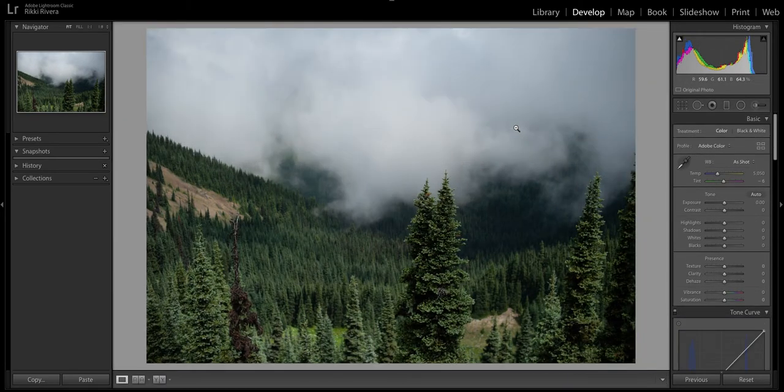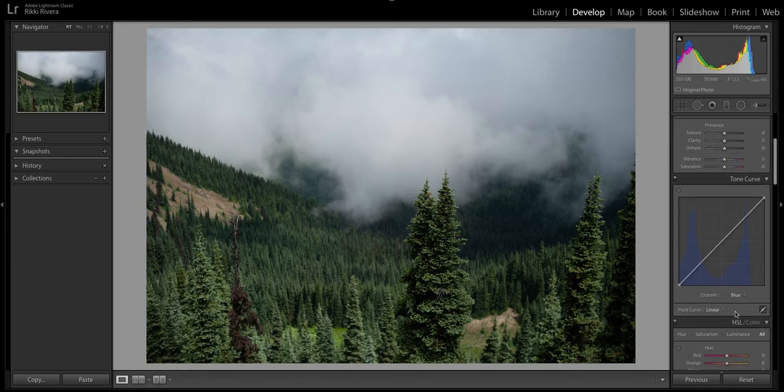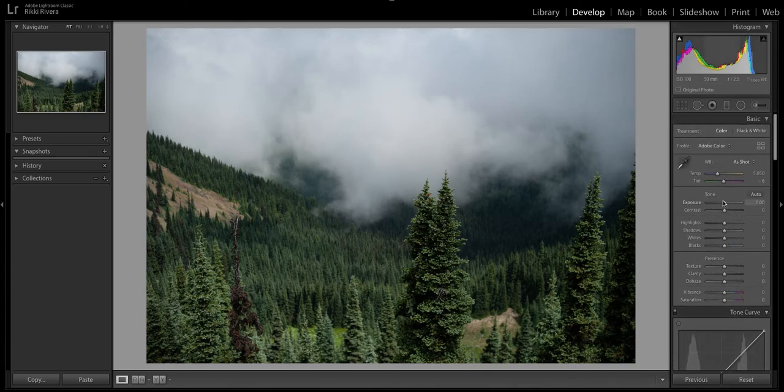First thing, no matter what your style is, you want to straighten your horizon. And it helps to have some semblance of your white balance locked in. Like, this is pretty cool and dark, but that's okay for right now. What we want to do is just see what the possibilities are and how we can color change some things. So, of course, before you do anything else, you want to go through some of your basic editing